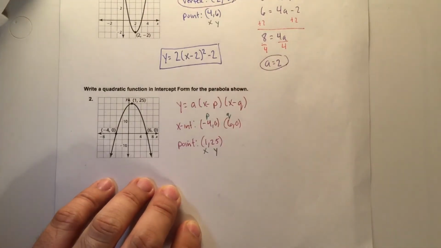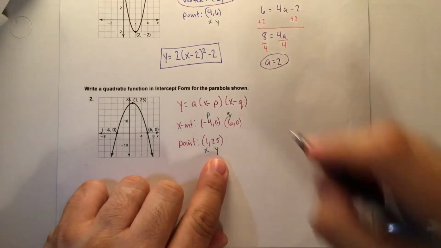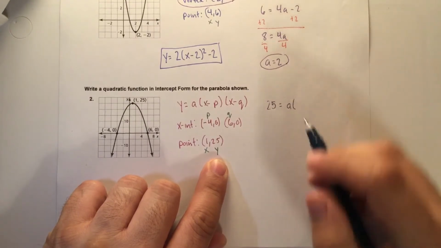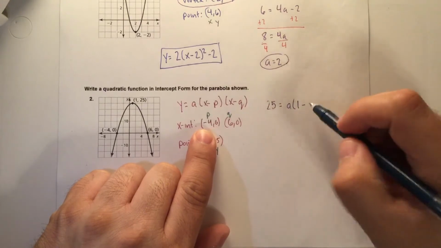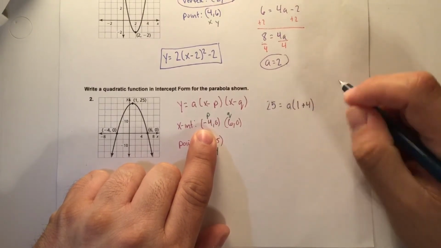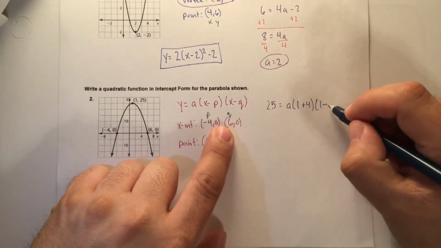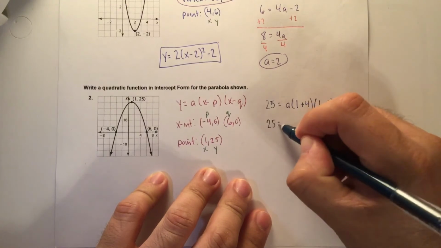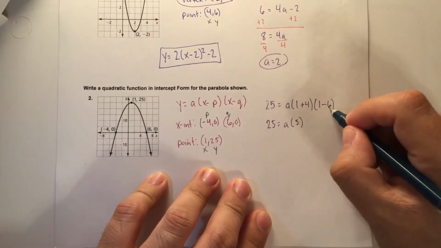All right, so now I'm going to plug my numbers in to the equation. So for the Y, we have 25 equals, we don't know what A is, X is 1 minus negative 4. So when I plug negative 4 into here, it becomes positive 4 because a negative negative becomes positive. X again, which is 1, minus 6, and now we're going to work it out. So we have 25 equals A, 1 plus 4 is 5, 1 minus 6 is negative 5,